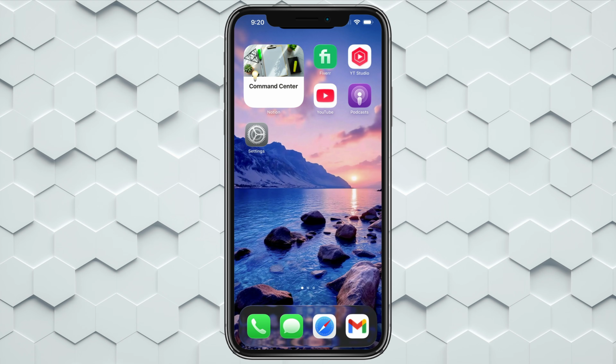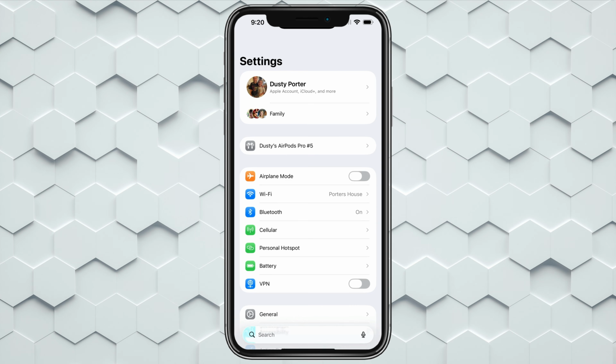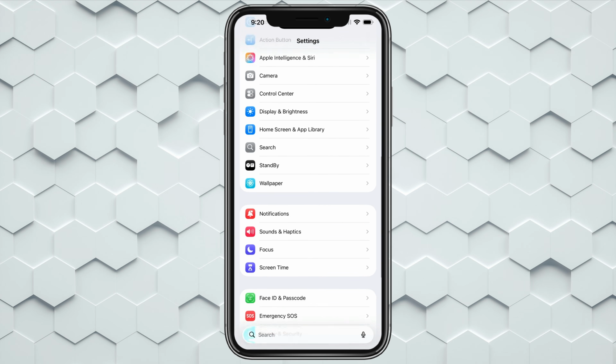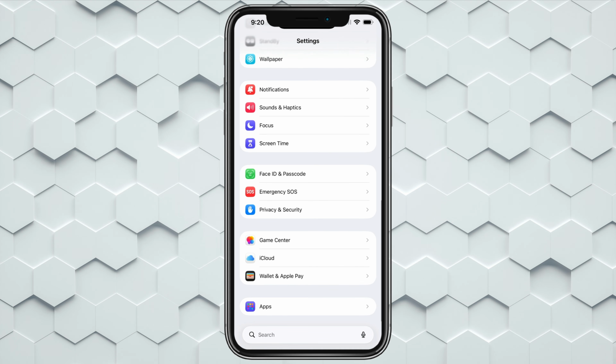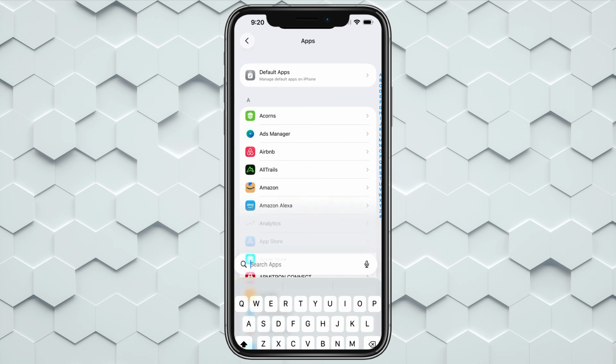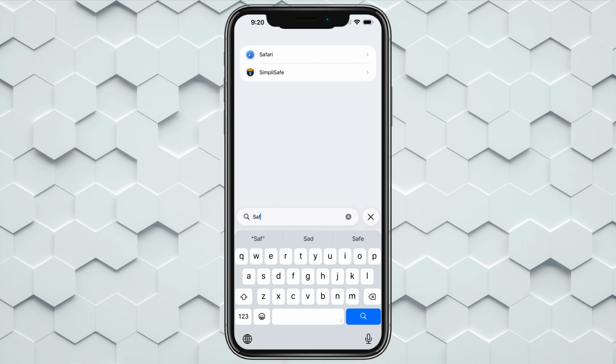In this video tutorial, I'm going to show you how to clear the cache on your iPhone. So first things first, go into your settings, which is the gear icon here. And the first thing that we're going to do is scroll down to where you see apps at the very bottom. Go to apps and then search the apps here for Safari, and then go ahead and